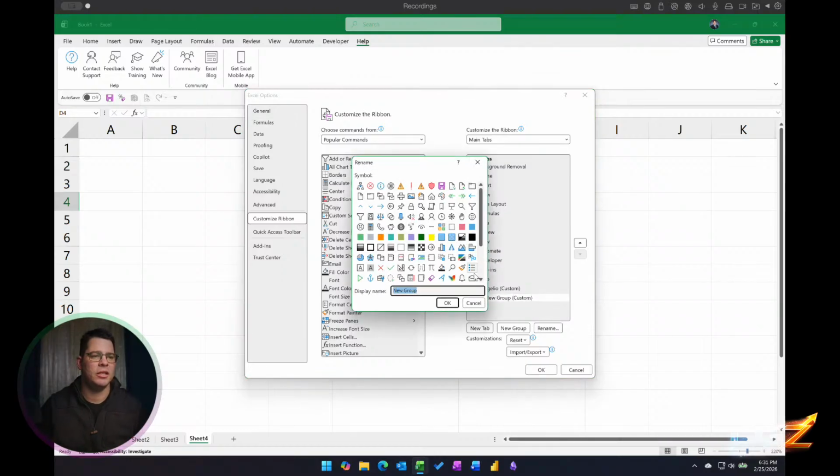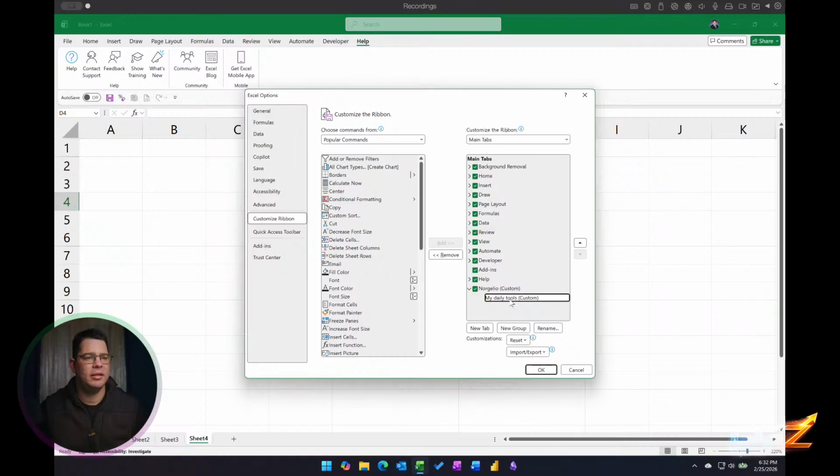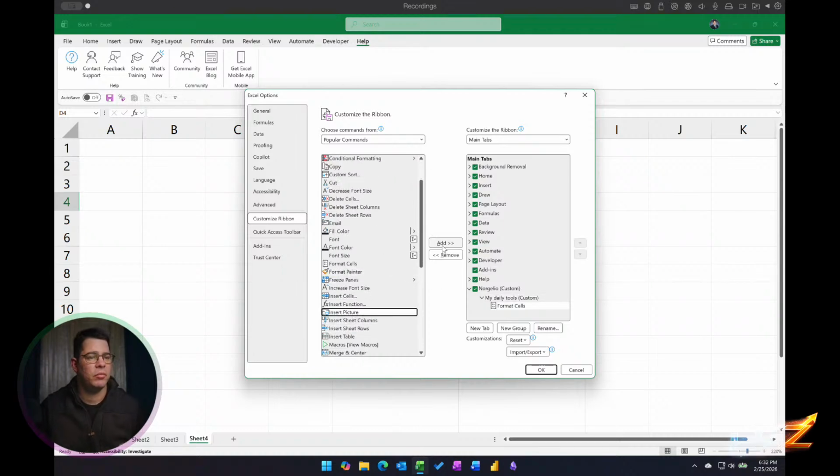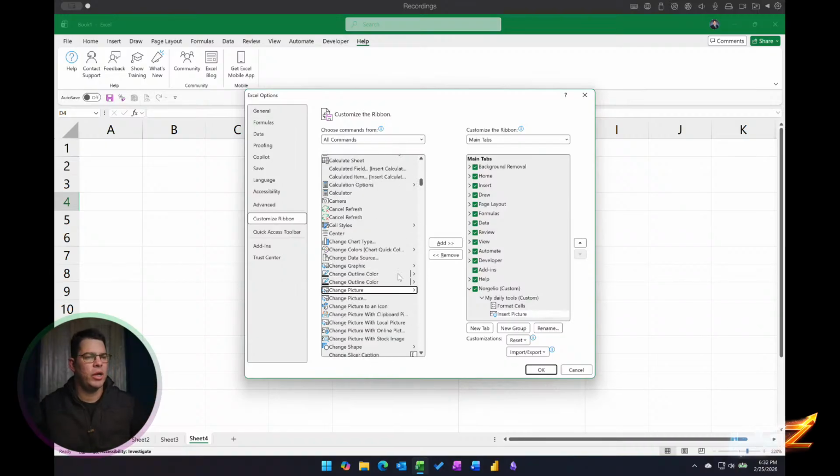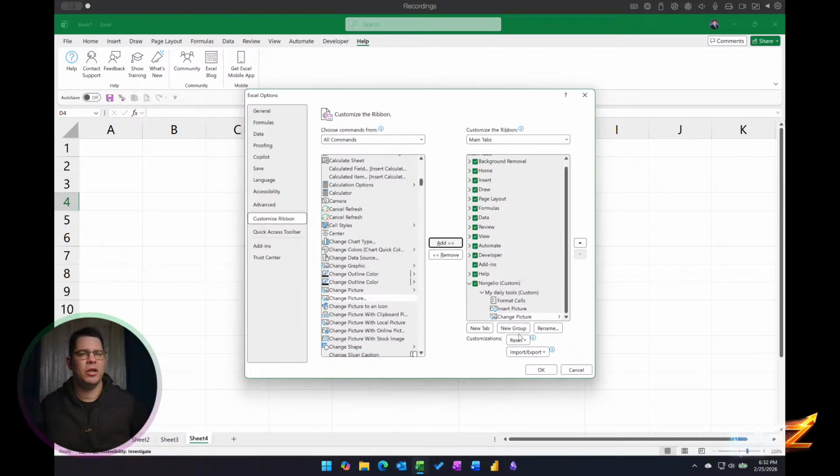I can rename this custom group and call it My Daily Tools, and you hit OK. And then in there I can look for, let's say I work all day every day with format cells. I can add, I can insert picture, maybe it's one of the ones I use. Here are the popular commands. I can do more. I can go to all commands, and you will see a bunch of them. There's all kinds, like change picture, and you can customize